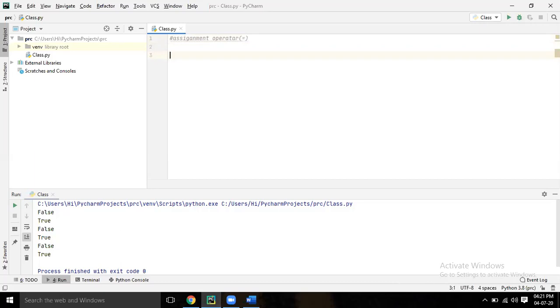Let's say a equal to 5, b equal to 3, c equal to a plus b.